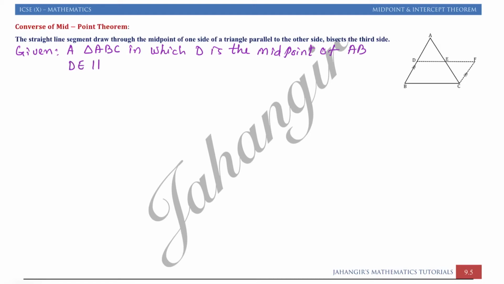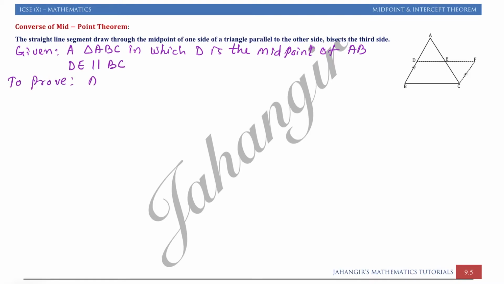DE is parallel to BC. DE parallel to BC meets AC at E, which means the line segment DE cuts AC at E. Now to prove,